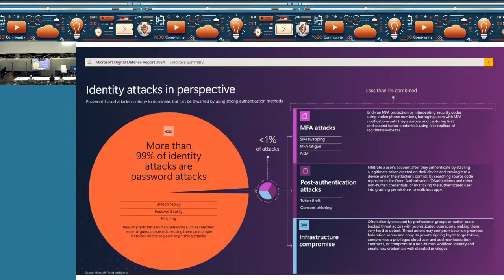We are seeing MFA based attacks. We are seeing SIM hijacking. We are seeing these things which are in a way affecting our multi-factor authentication also. So what we were thinking a couple of years back, that if we have MFA, I'm bulletproof, it's not the case. I will also show you how attackers are utilizing MFA in the next slide.